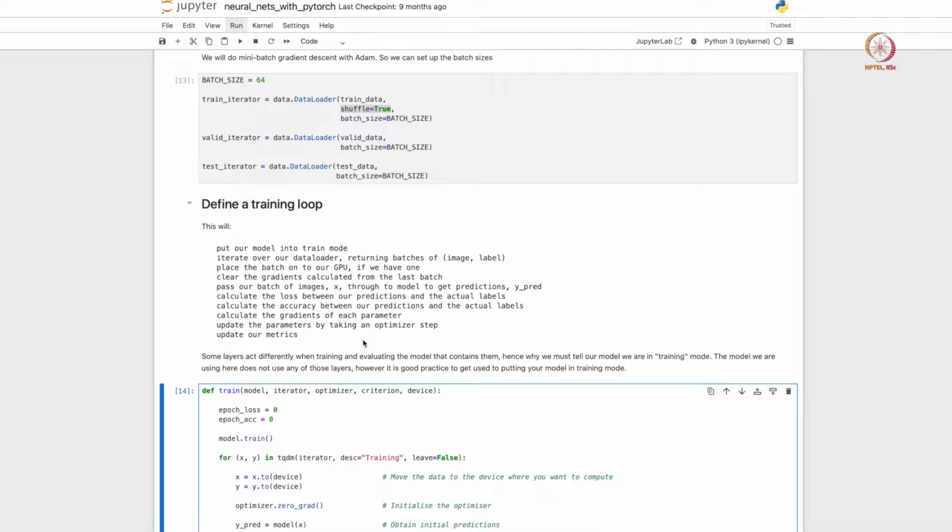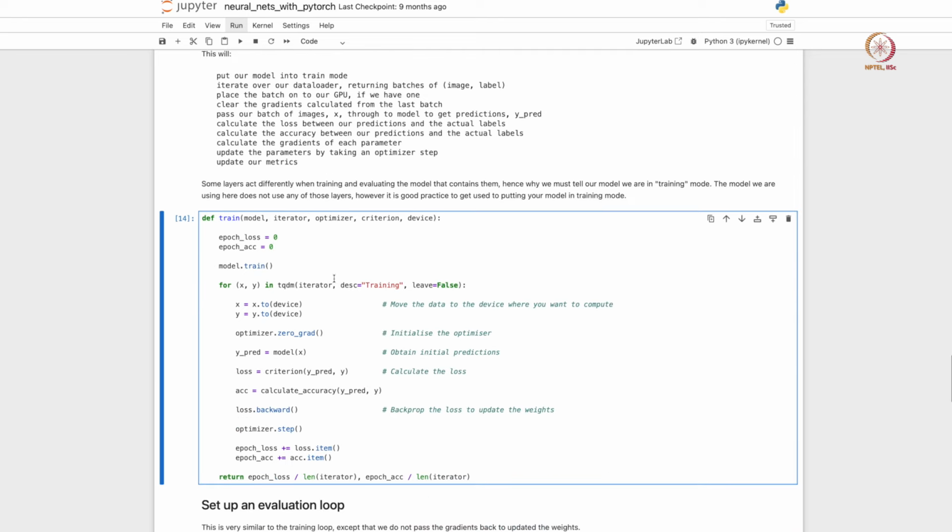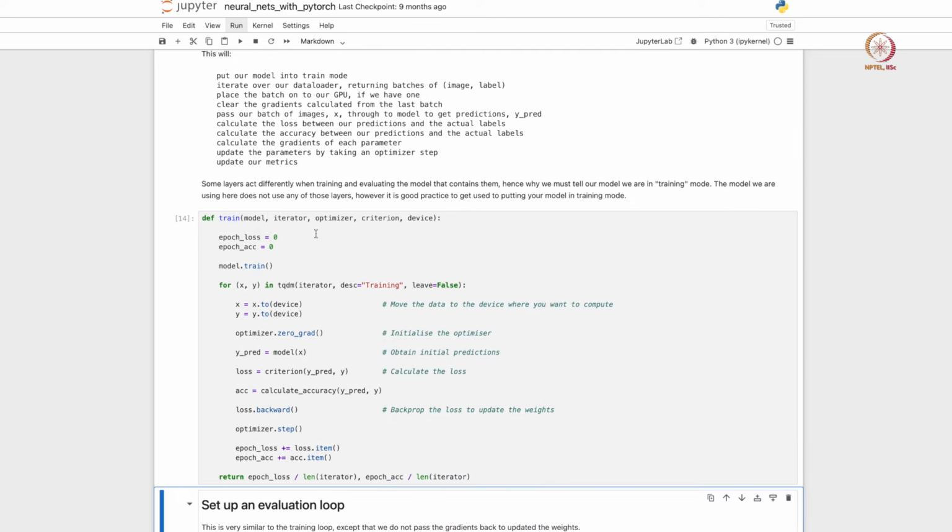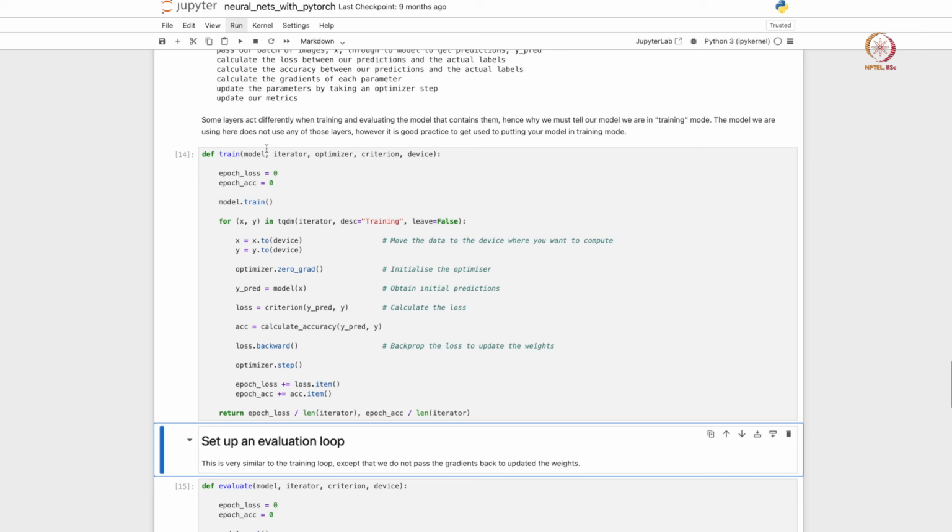You don't have ready-made functions as you have in Keras to simply fit a model. You have to basically define a function to train the model, and define a function to evaluate the model as well, right. So in our case, let's define this train function here. This train function is a general function that can be used with any PyTorch